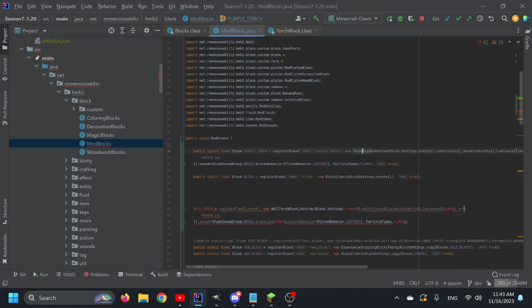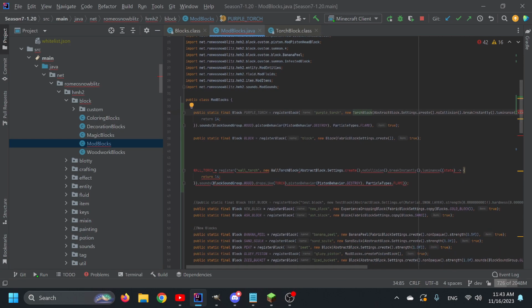But that's if you want to do it either from the class, or if you already have particles, that's it. There's two ways of doing it. But assuming that you do want a particle, I'm going to make it with its own custom particle just to show you. Cool. So that is going to be purple torch,